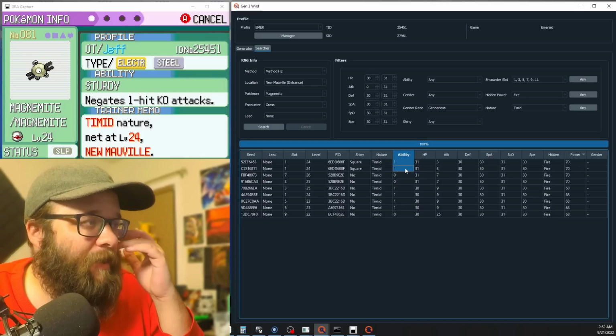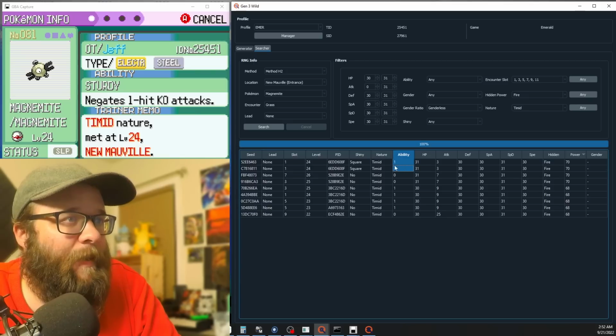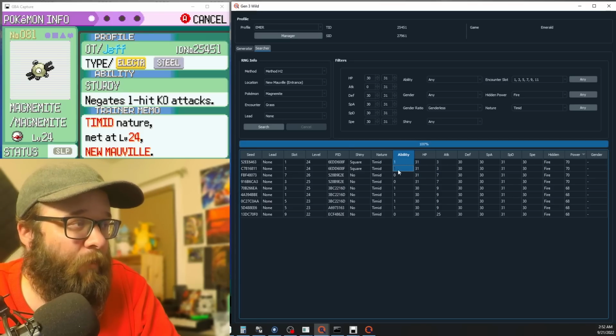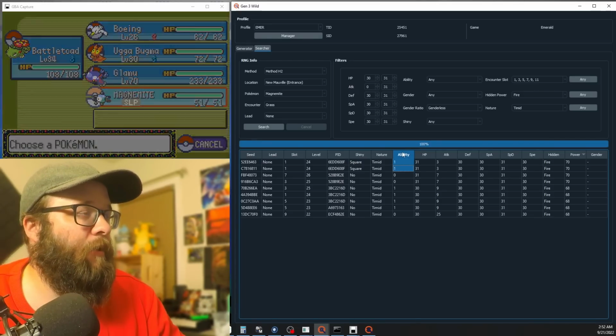But it's ability slot 1, which is sturdy, and you want Magnemite and Magneton and Magnezone to be able to trap Steel types. So I'll need to use an ability capsule on this in BDSP to make it into a competitive Pokemon, and I will have to go for a Gen 3 and 4 Magneton a different time. But I can use this exact same timer now to go for another competitive shiny,